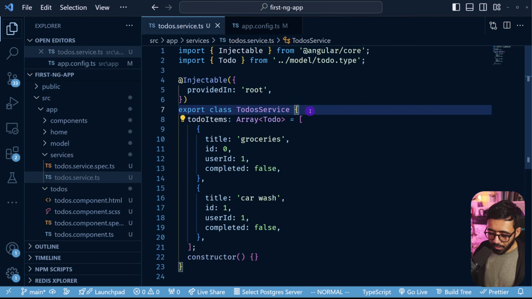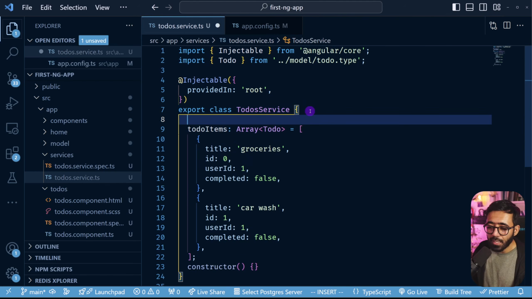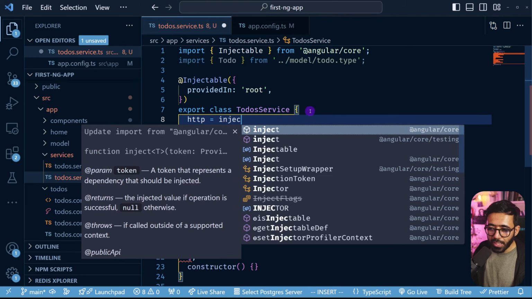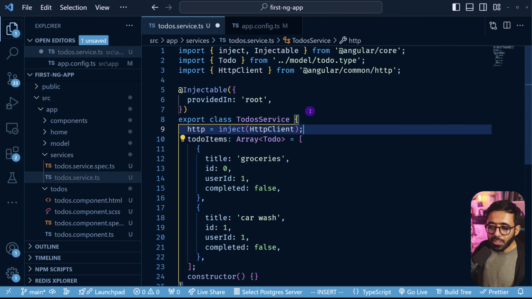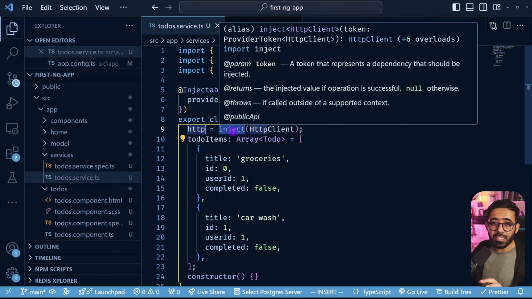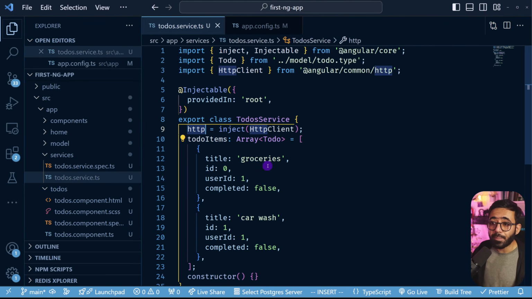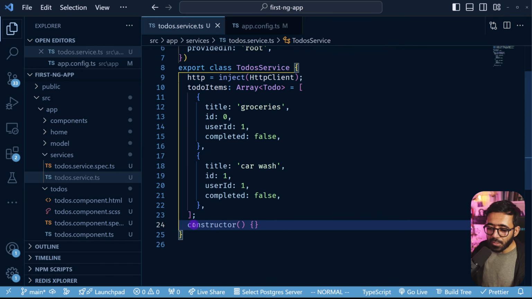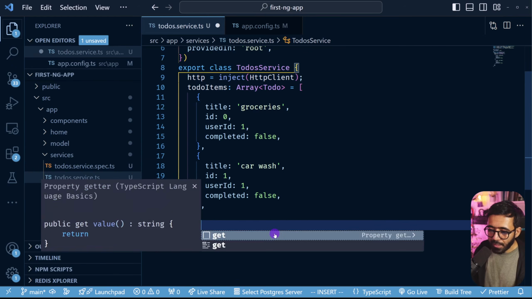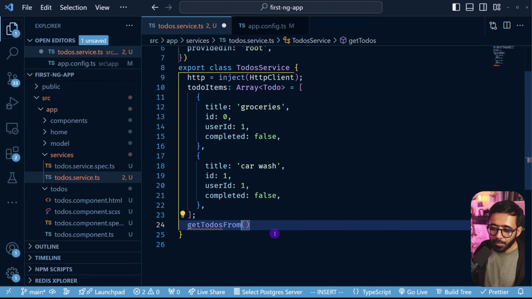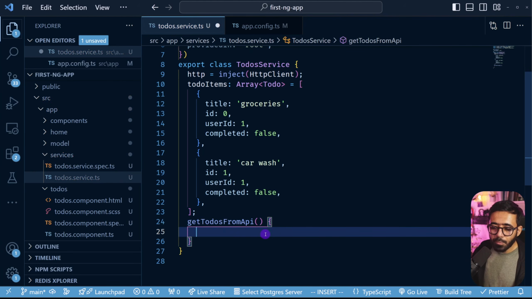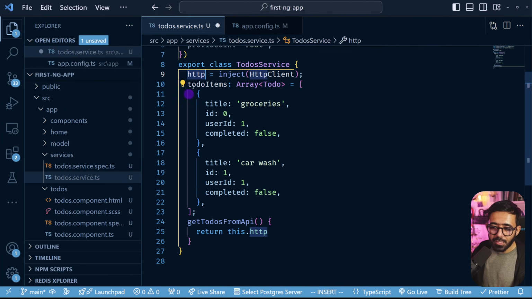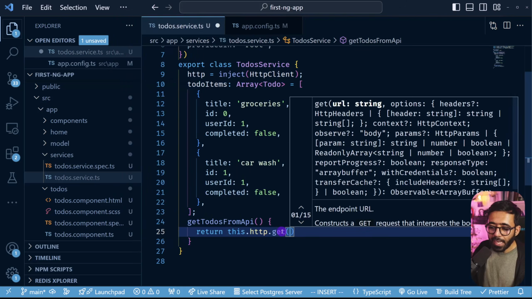So now we can go here in our service and say http equals inject, and here we can say HttpClient. And just by doing this, now we have access to HTTP get, HTTP post, HTTP patch, all of those things. So what I want to do here is that instead of this constructor, I want to create a function, something like getTodos or getTodosFromApi. And this is supposed to return this.http. Since http is a property of the class, I can do this.http.get, and this get requires a